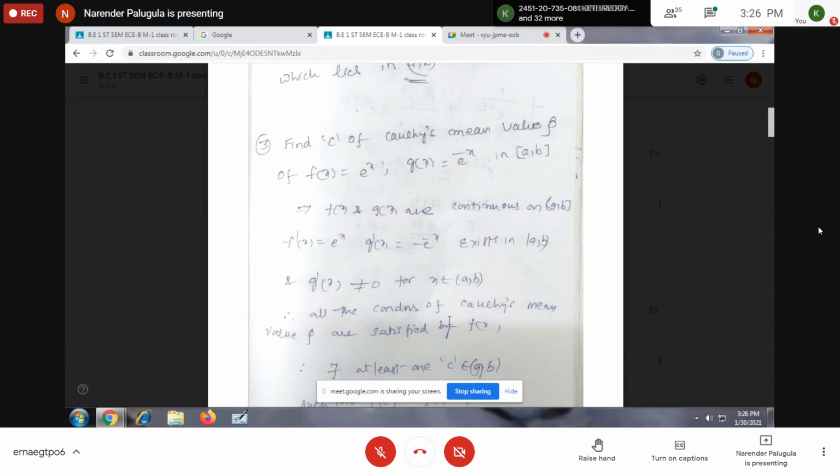There is one more problem on Cauchy mean value theorem. Question: here both the functions, f of x and g of x, are exponential functions, e power x and e power minus x. And as I already told, all exponential functions are continuous and differentiable. All trigonometric functions are continuous and differentiable in their own domain, not everywhere. Every function has its own domain in real analysis. Suppose you take the sine function, R is the whole domain. Suppose if you take the function 1 by x, can anybody